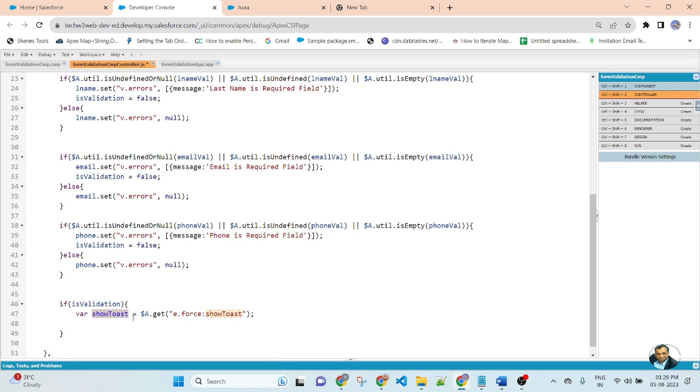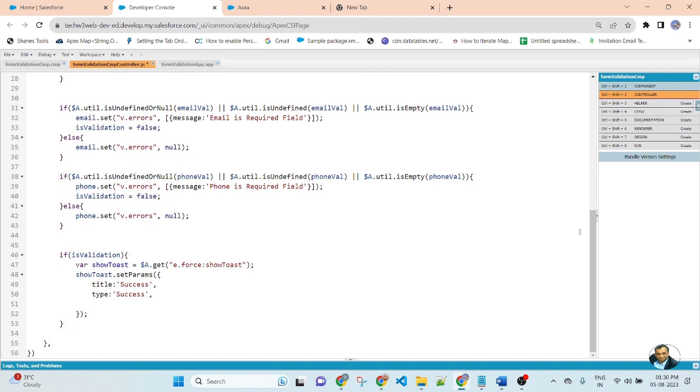Then I will pass the parameters, so toast.setParams: title, success, type, comma, then pass the message.